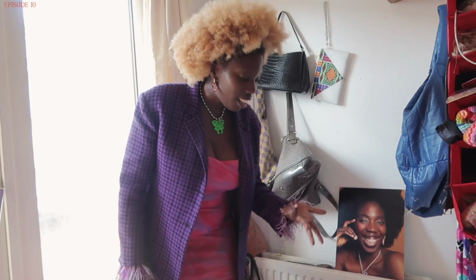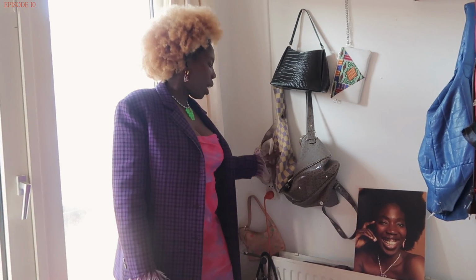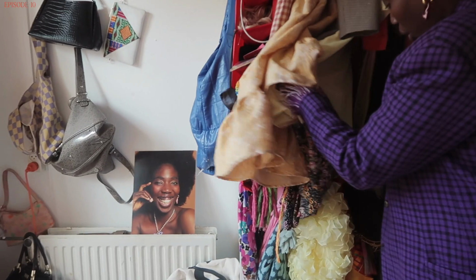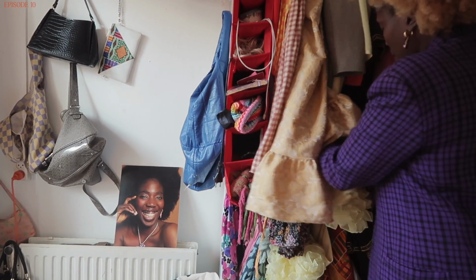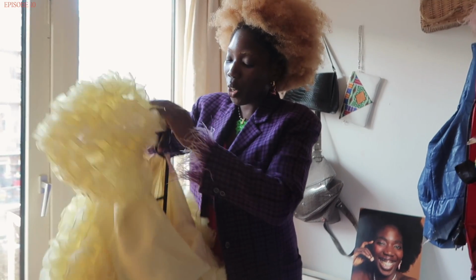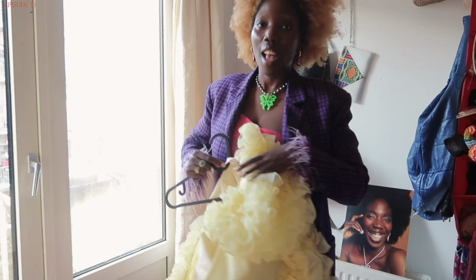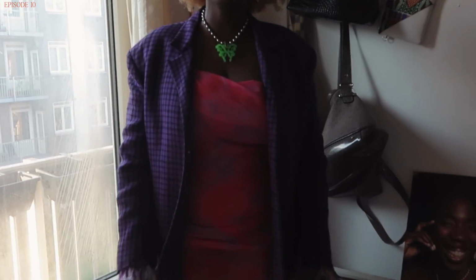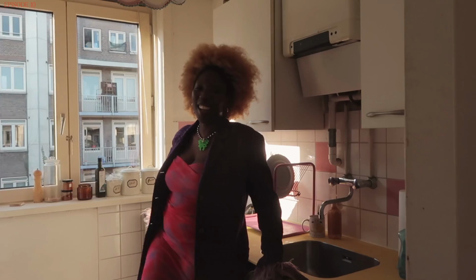This is the clutter. These are my everyday bags. In my closet I have more bags. I love to dress up. In times of need, in bad times, I just want to put something on that reminds me it is well. I like to wear a lot of colors. I like to wear textures. And I know every item I have and where I got it from. I like to dress up very flamboyant, but when I get attention, I'm like...